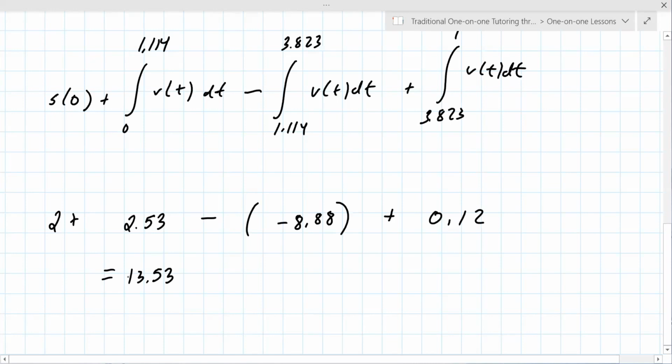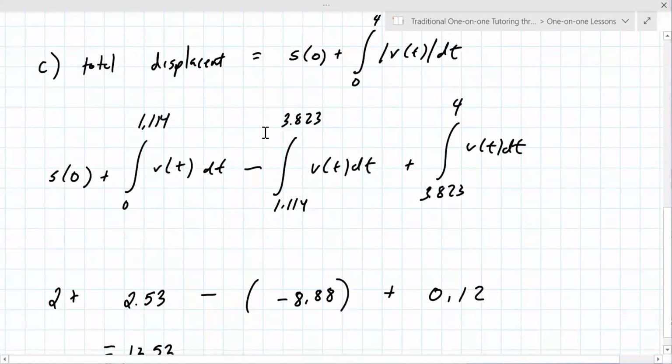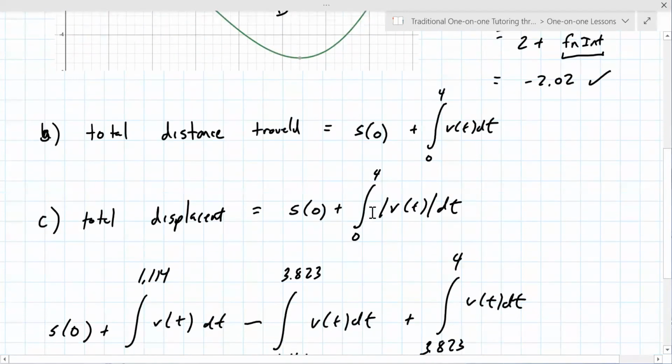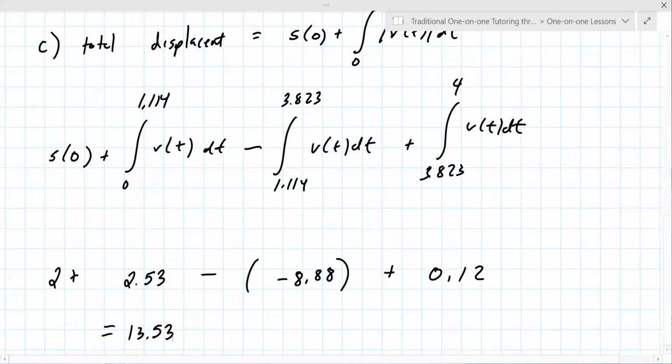Okay. So a couple comments here, like go out far enough on your limits. 3 decimal places, 4 decimal places is probably good, depending on the problem. Make sure you keep track of your signs and so on. So that's the total displacement. That's taking the areas that are positive, making them positive, negatives become positive, positive stay positive there. Okay. So the next question that they could ask would be something like